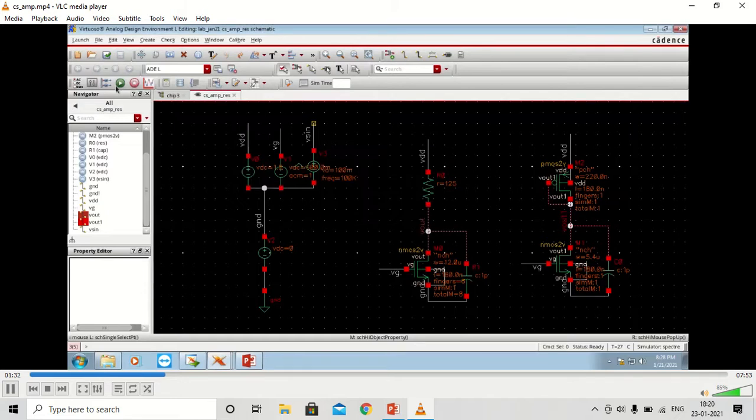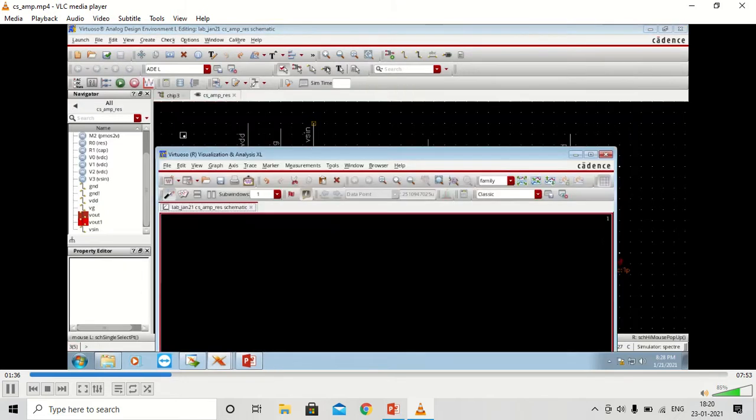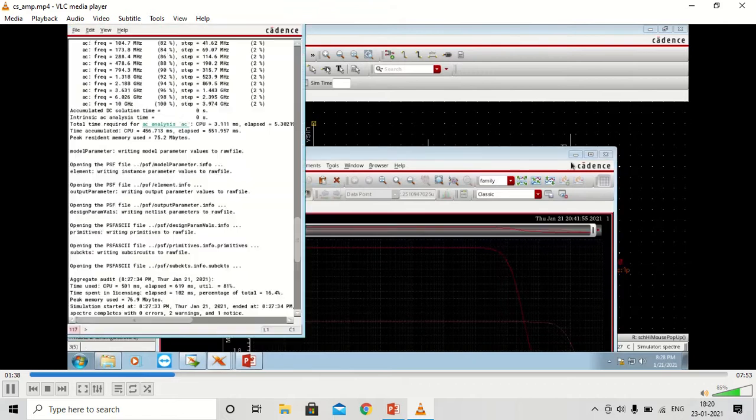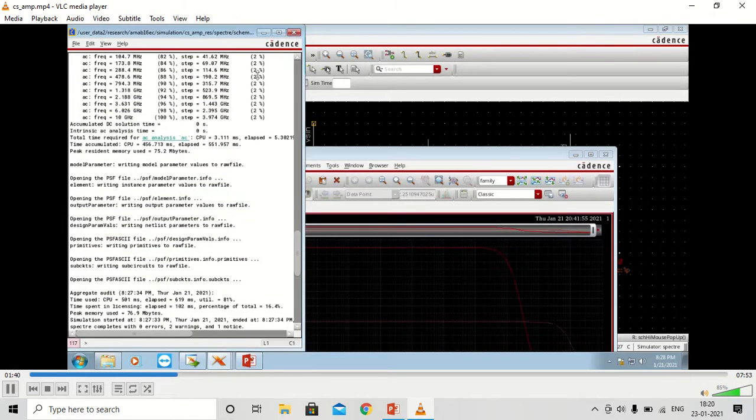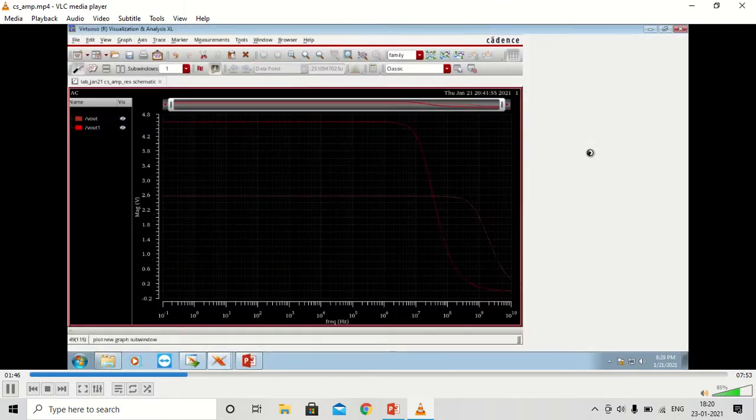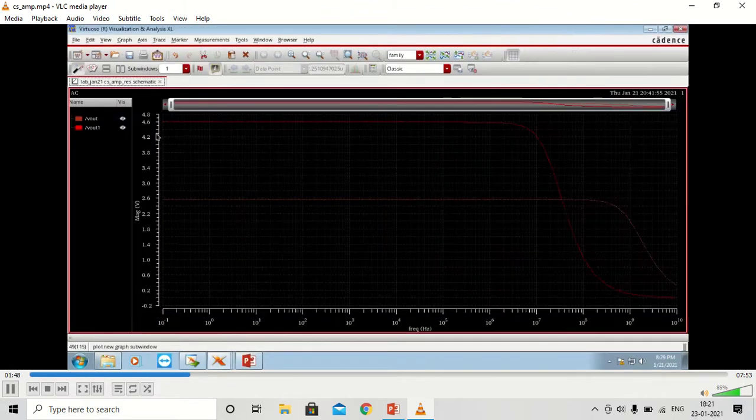Vout is the waveform of the resistive load amplifier, and Vout1 is the waveform of the active load amplifier. You can see the two waveforms.